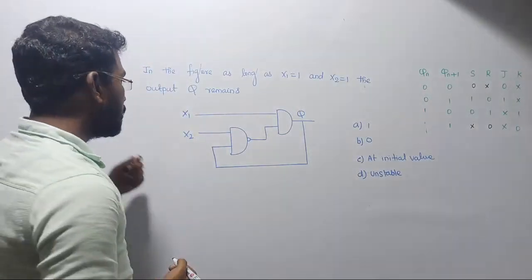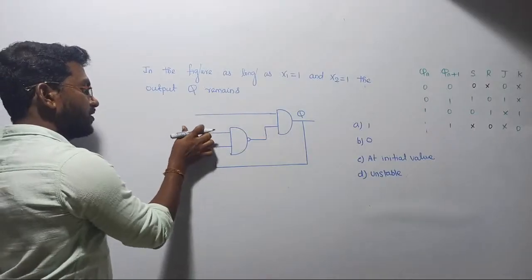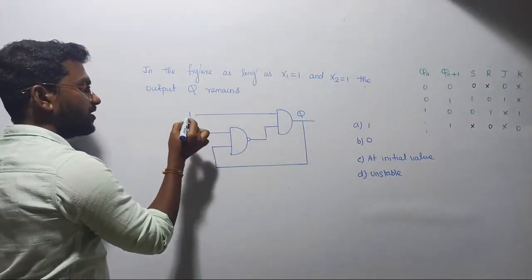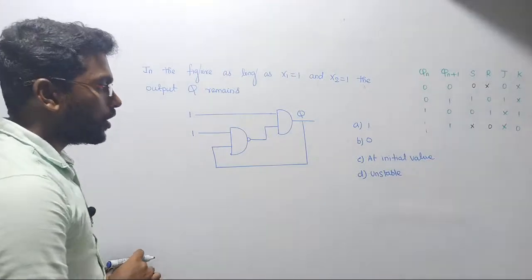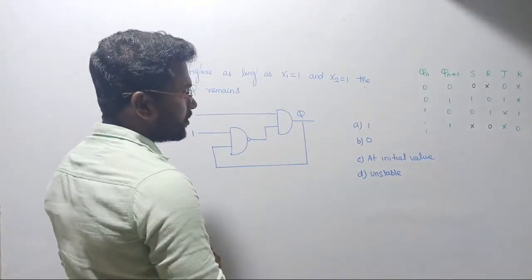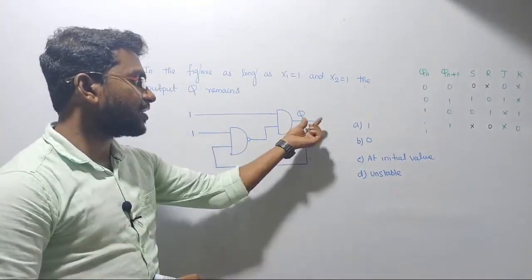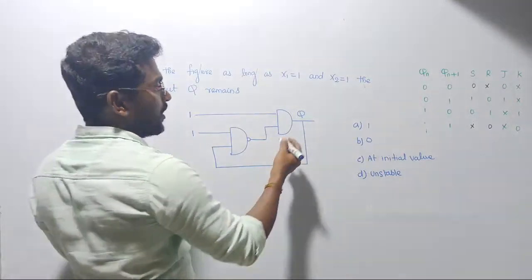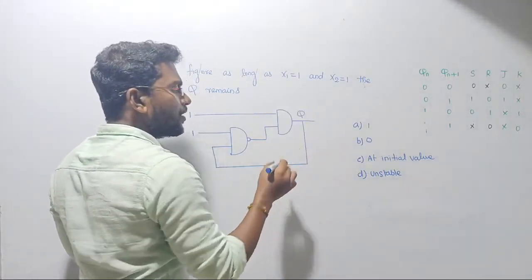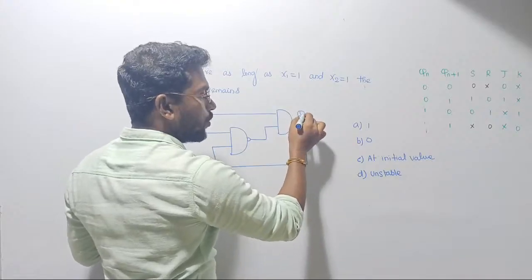Okay, shall we start? Yes, let us perform our operation now. It is clearly given that as long as these two values are 1, they are permanently fixed as 1. Now the output of this function depends on the initial output. For example, initially let us assume this value is Q. So let us consider that it may be 0